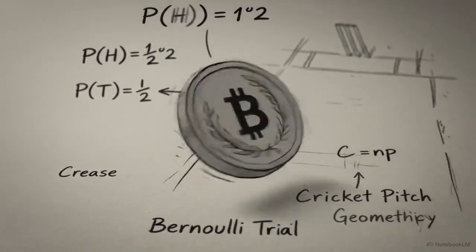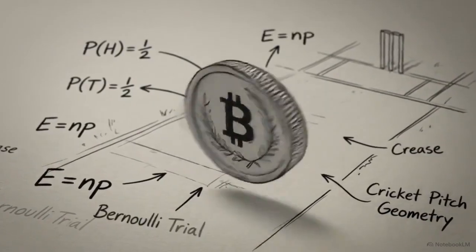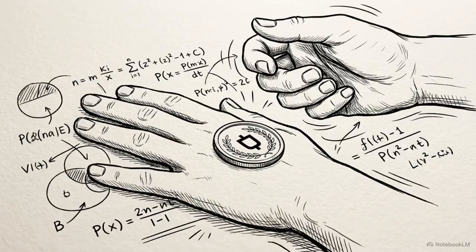Before the first ball is bowled in a cricket match, the umpire flips a coin to decide who bats first. Why do we trust a coin to be fair? Because we intuitively understand the math. You have a 1 in 2 shot, one specific side you want to see out of 2 possible sides that